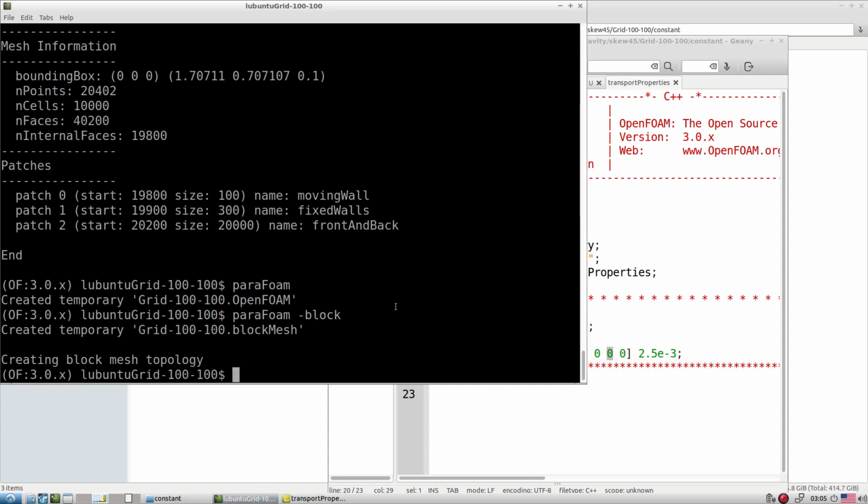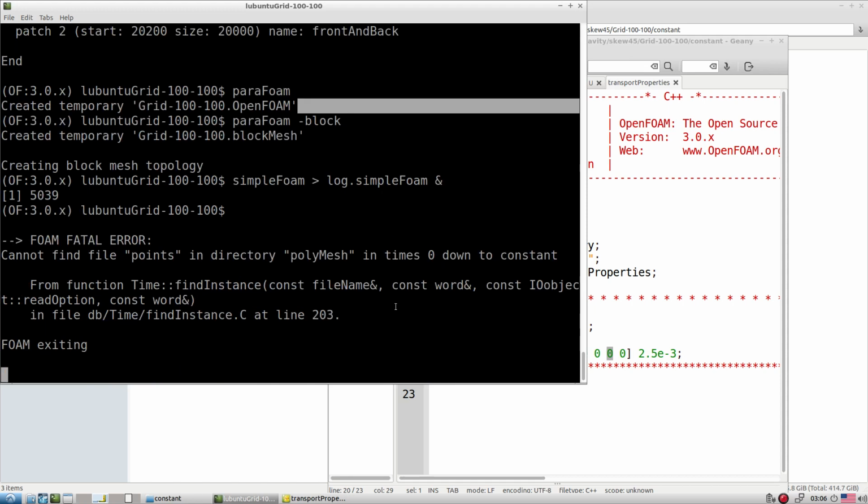Now let's start the simulation for this. So simpleFoam, and then we want to direct this output to a log file. So log dot, and then ampersand. So it is a very easy way to look at.